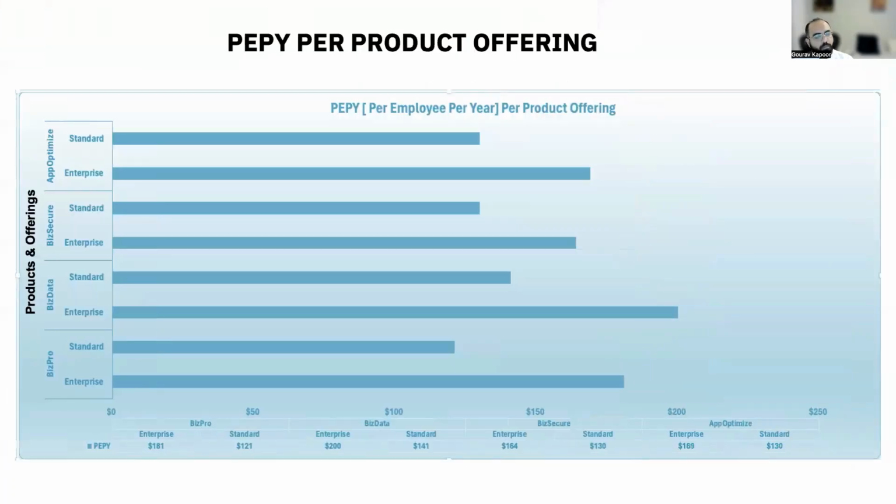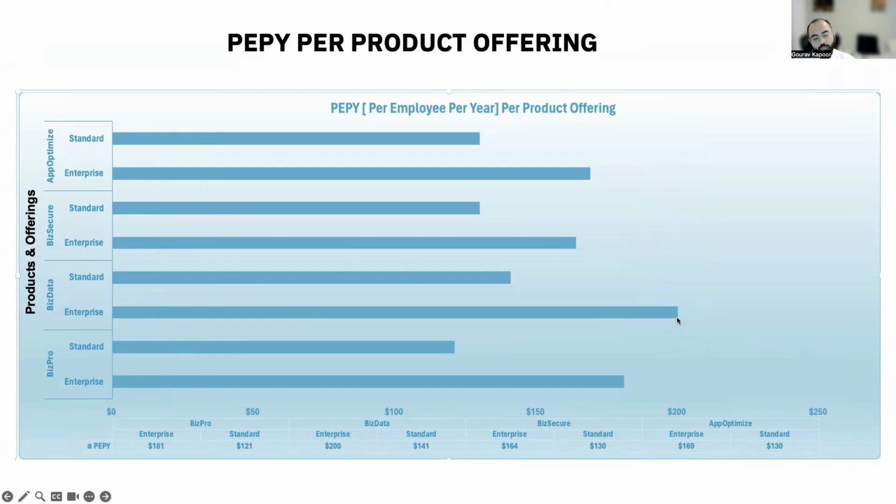This is just another snippet of similar products, right? It is telling me how these products are lining up against each other. So which is my most expensive product here? I can see Biz Data Enterprise is the most expensive product here, around $200 per unit,